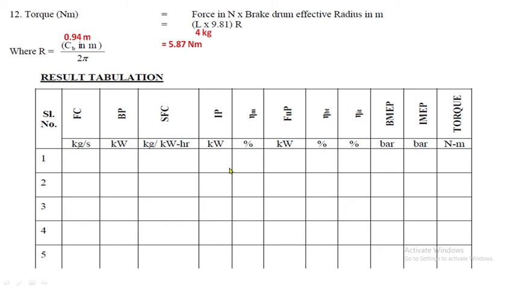Similarly, indicated power, mechanical efficiency, fuel power, brake thermal efficiency, indicated thermal efficiency, including torque. If the load is more, I have to produce more torque to run the engine. So all the readings will increase except specific fuel consumption,